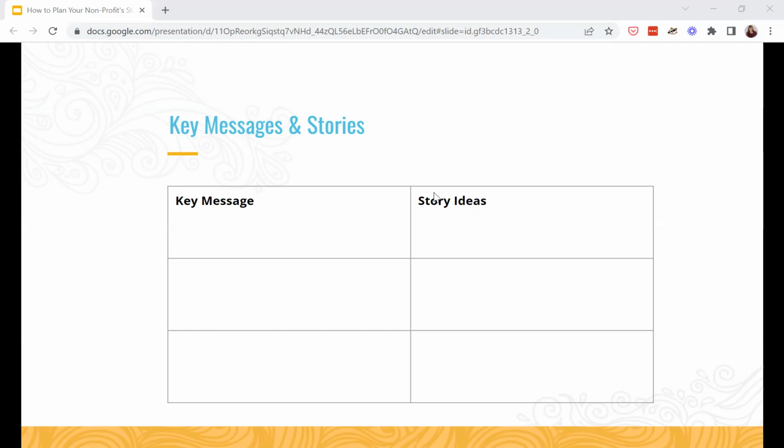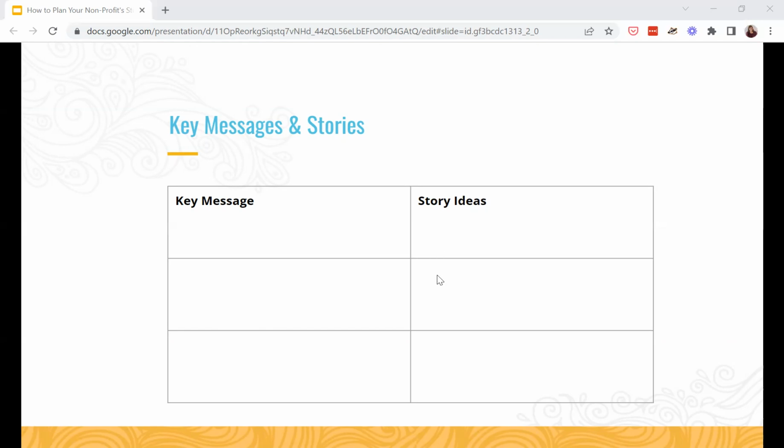You put a lot of energy and effort into what you put together. Try to get some more mileage out of it. You can also factor in new stories that you haven't yet told. So if you have some ideas about stories, new programming, anything like that, this is a great place to do that brain dump and add those things in.